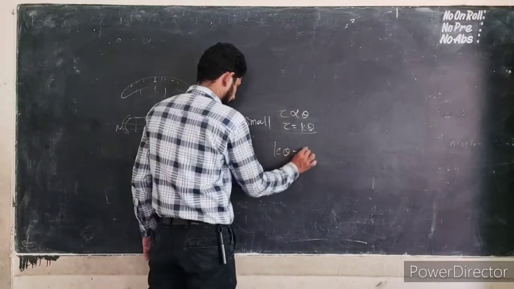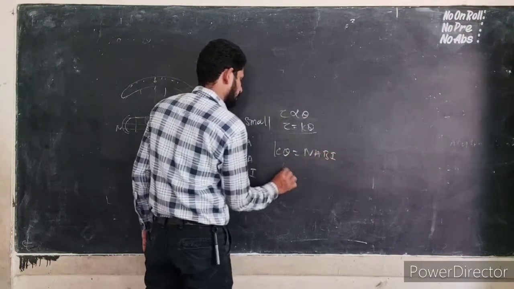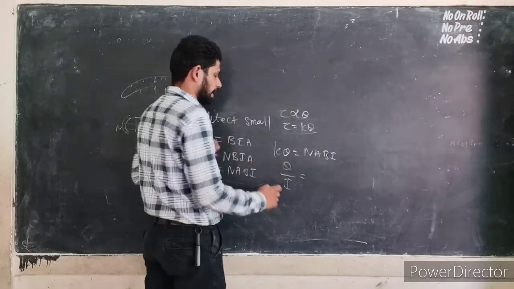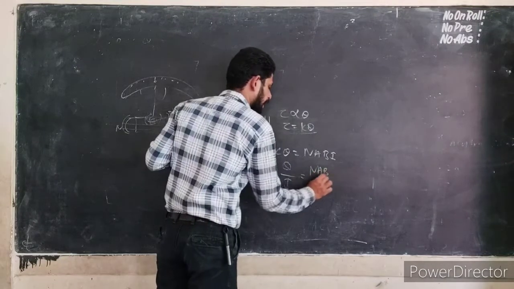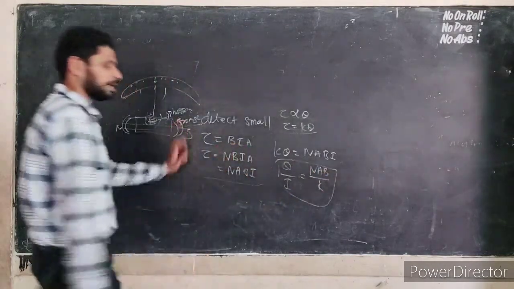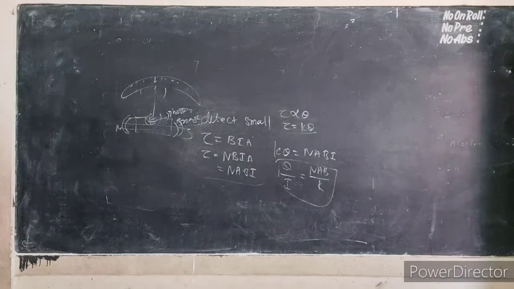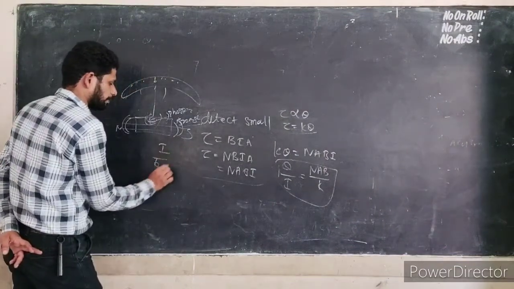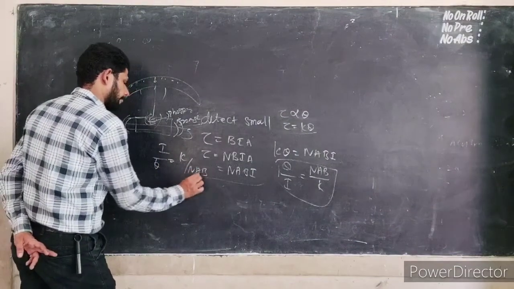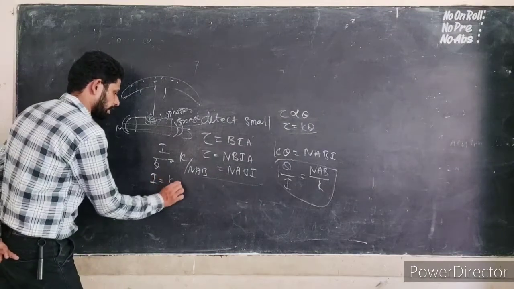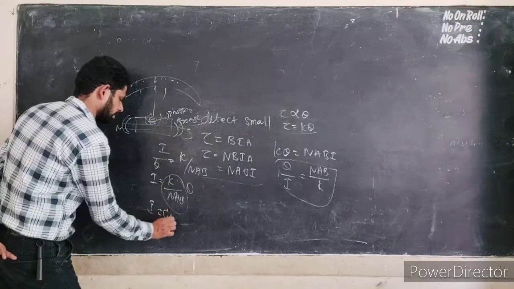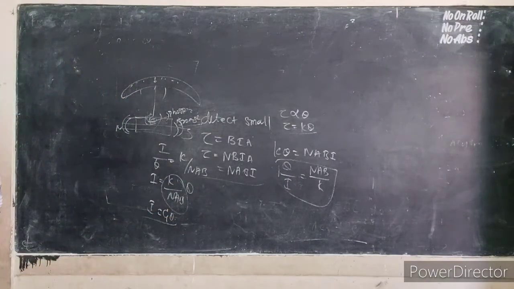So that K theta is equal to NAB K. The theta by I, the unit twist per unit current, is K by NAB. This is called current sensitivity or galvanometer constant. The current per unit twist will be equal to K by NAB theta. This one we call as G theta, the galvanometer constant, or it is called the reduction factor of the galvanometer.